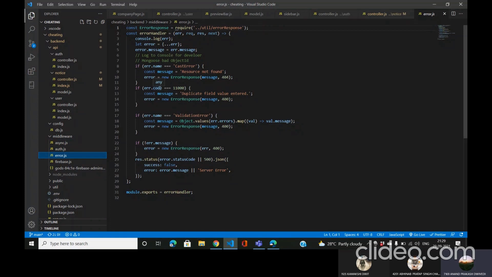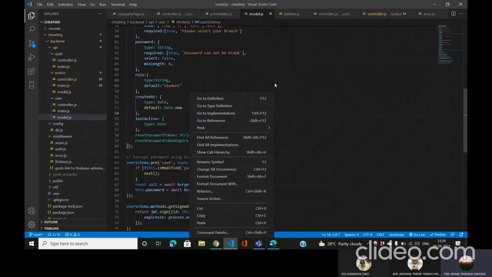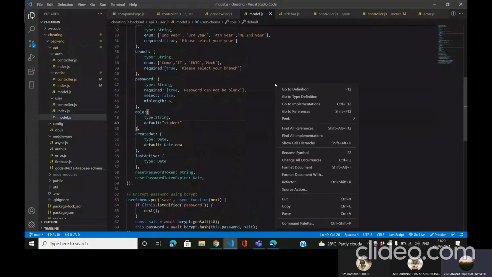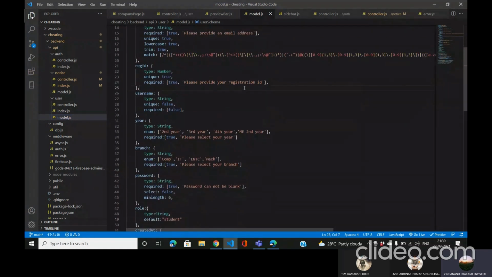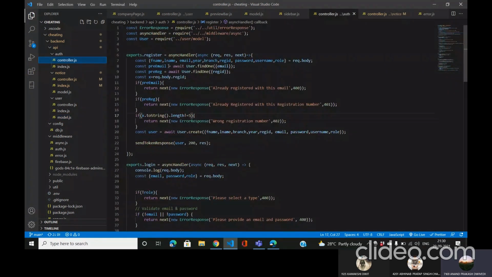If we move further, in the users.model.js, I defined all the necessary data which is needed for a user to log in. If we move further to the controller, here I am checking for the register. First, I check whether the data given by the user is already registered or not. If the email is already registered, it will display an already registered message.